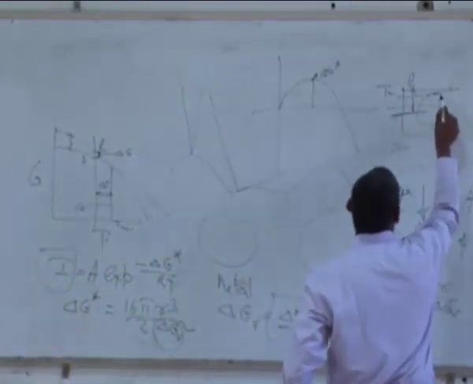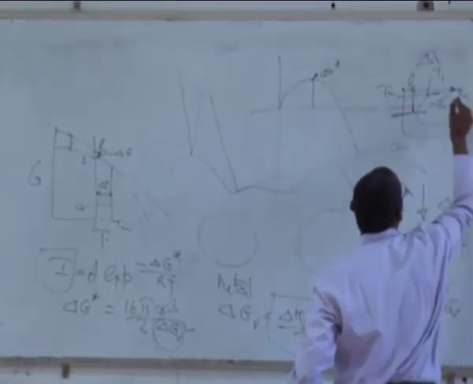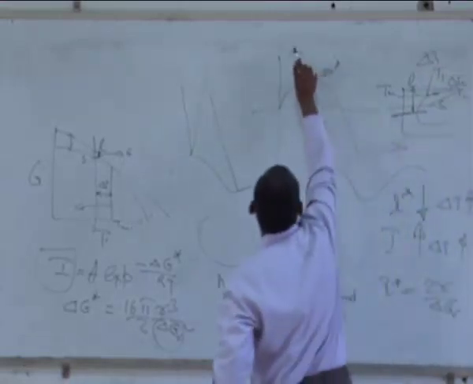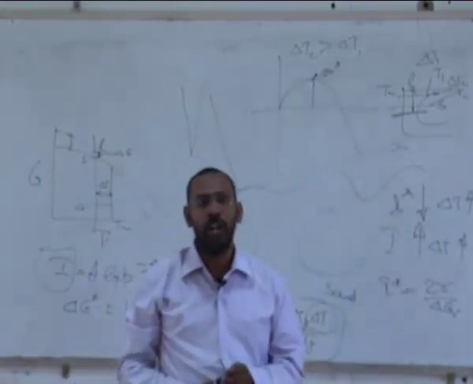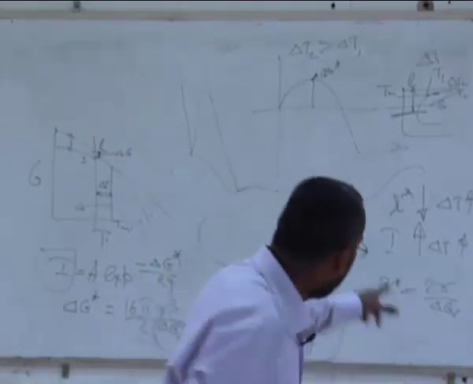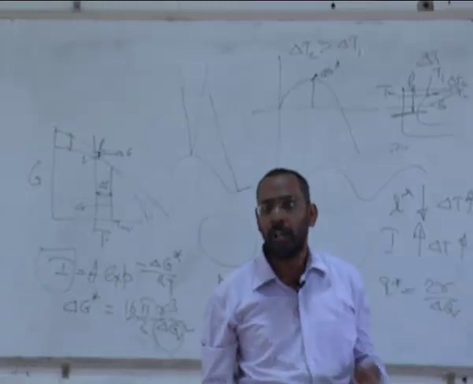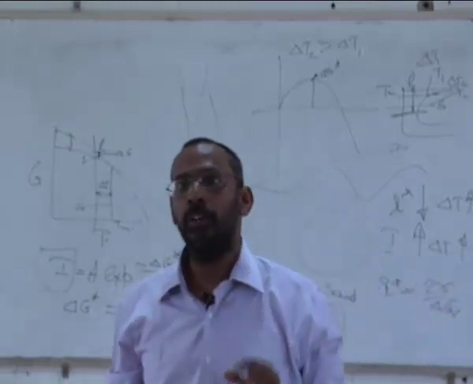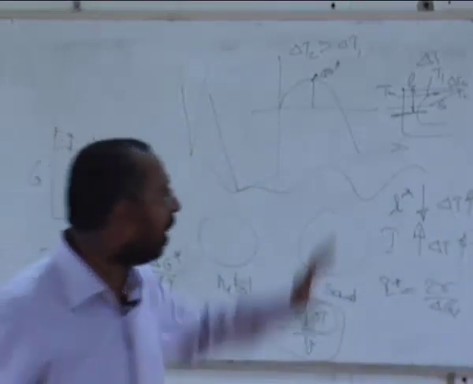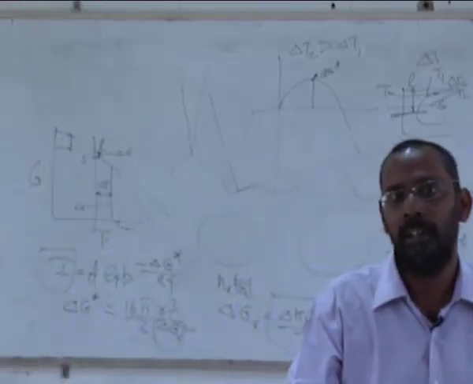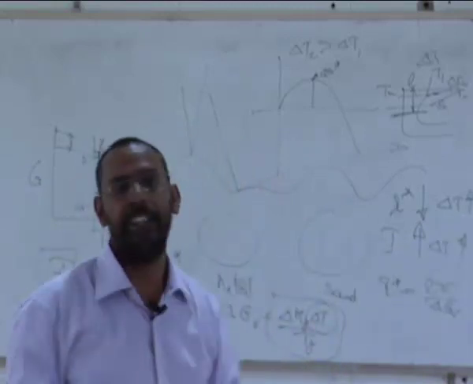If you consider a smaller delta T, that means temperature very close to the melting point, or another, if this is, for example, T1, and this is T2, that means delta T1 and delta T2, delta T2 being larger than delta T1. In case of delta T1, you have a bigger R star, because as the delta T is smaller, R star is larger. So whenever you consider smaller undercooling, you have bigger nuclei and smaller in number, because I also will be smaller. And if I consider higher undercooling, then you have smaller nuclei, larger in number. And that's how you get a fine grain structure.